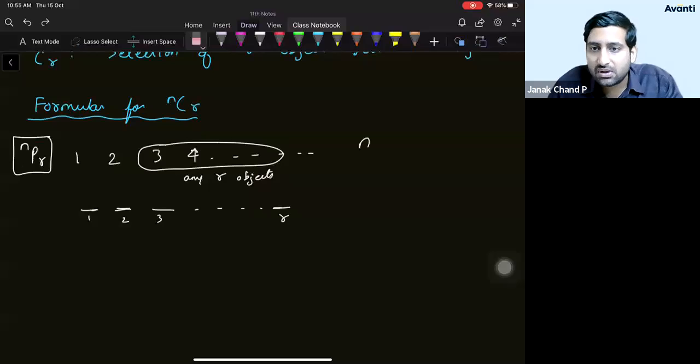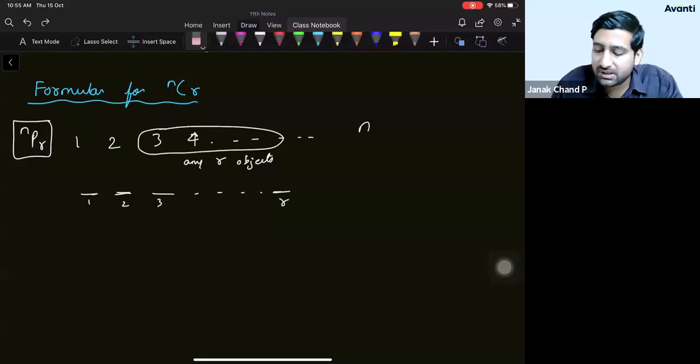The way in which we solved this question in the previous lecture was, students, we went by the position approach. In the position approach, in the first position, in how many ways can I fill this first position? The answer for that was, we can fill this in N ways, then in N minus 1 ways. Like that we multiplied, and the last value was N minus R plus 1. I hope you remember that. So that is basically, students, the position approach.